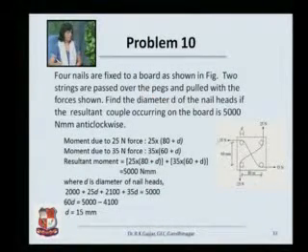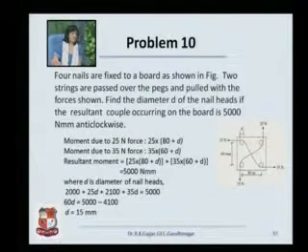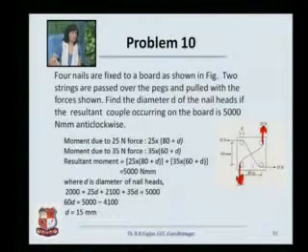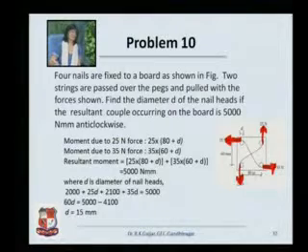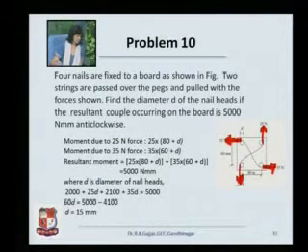Next problem. There are 4 nails which are fixed on a board, a cardboard, and there is a string which is passing over all the 4 nails. Therefore, we can very easily see the string is being held in place by certain forces. Each of these forces is forming a couple. You have a 25 Newton force, a parallel opposite 25 Newton force forming a couple. Similarly, a 35 Newton force, parallel opposite in direction, again 35 Newton force.